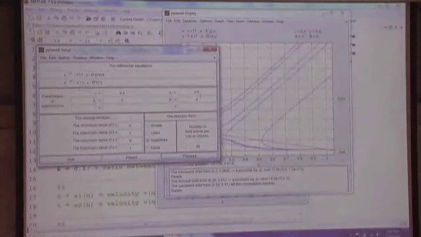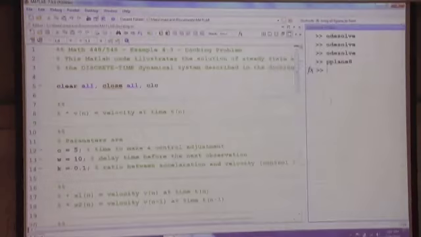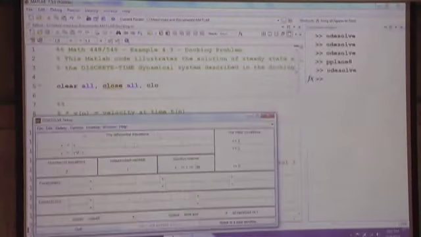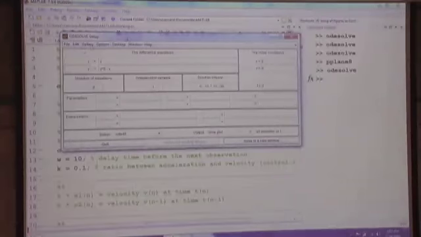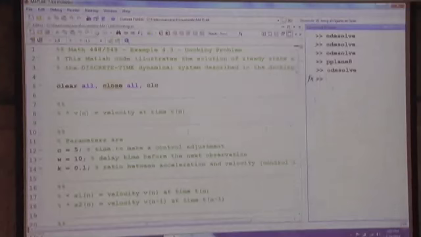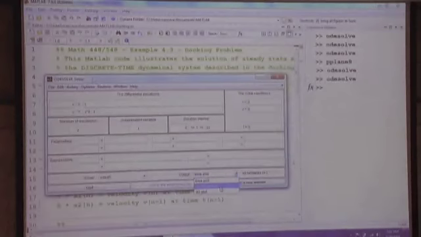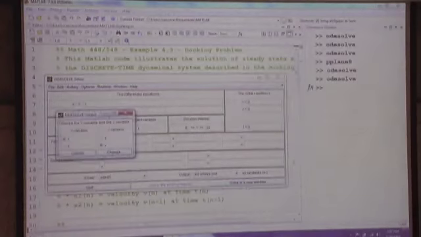So p-plane is for autonomous systems. If you need a non-autonomous system, even 2D, then you have to move to this other one, right? So again, this is autonomous. Solutions will not intersect by default. By default it plots the time plot, but if you have to do the phase plot,